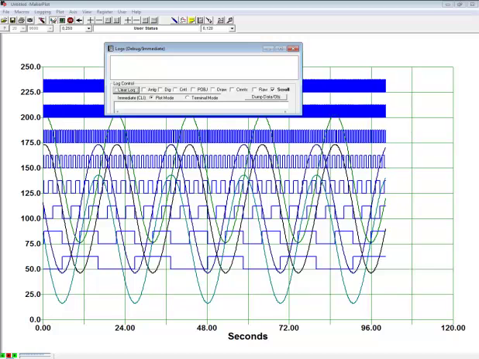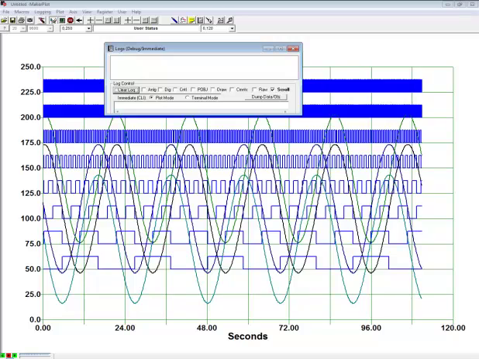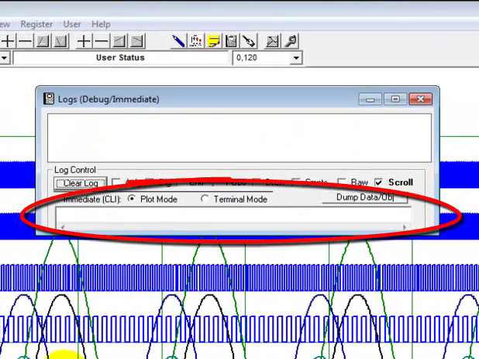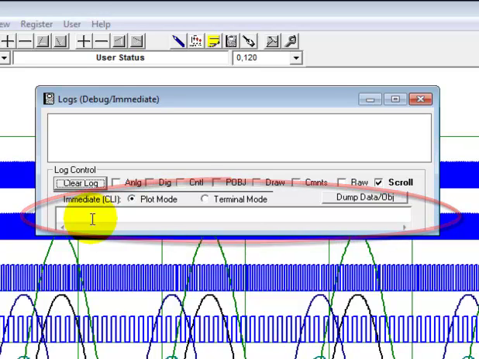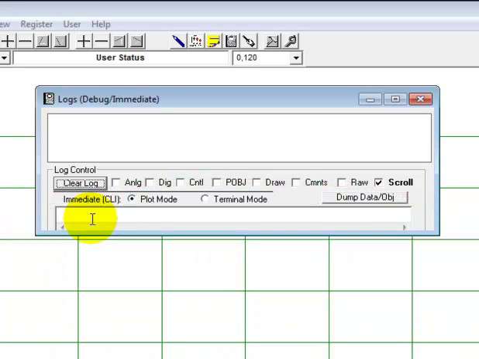And while we can see what's coming into MakerPlot through this window, we can also send commands to it. So it's really a two-way window. Now, using the immediate or CLI window, which is right here, we can key in instructions directly. For example,